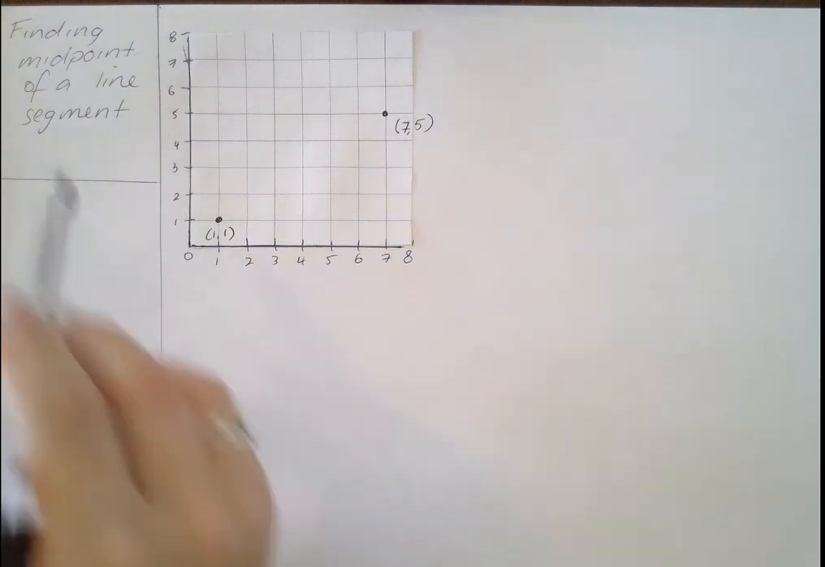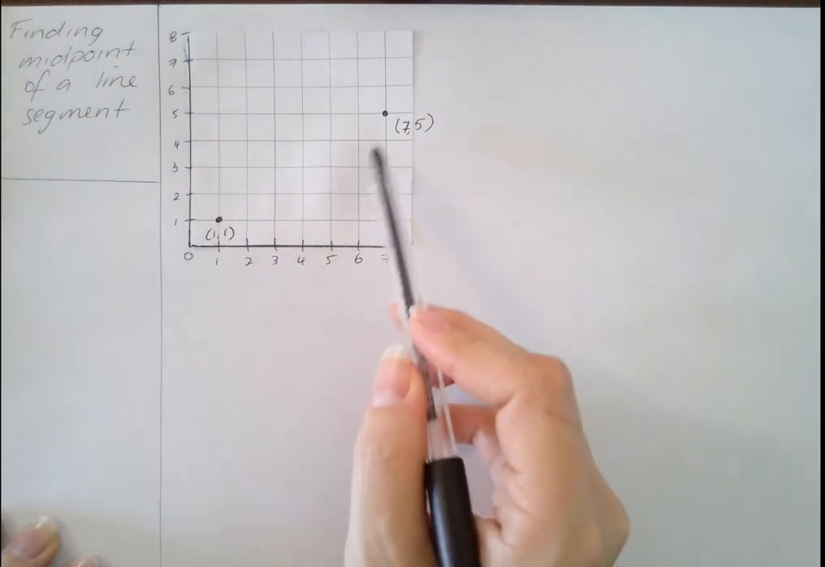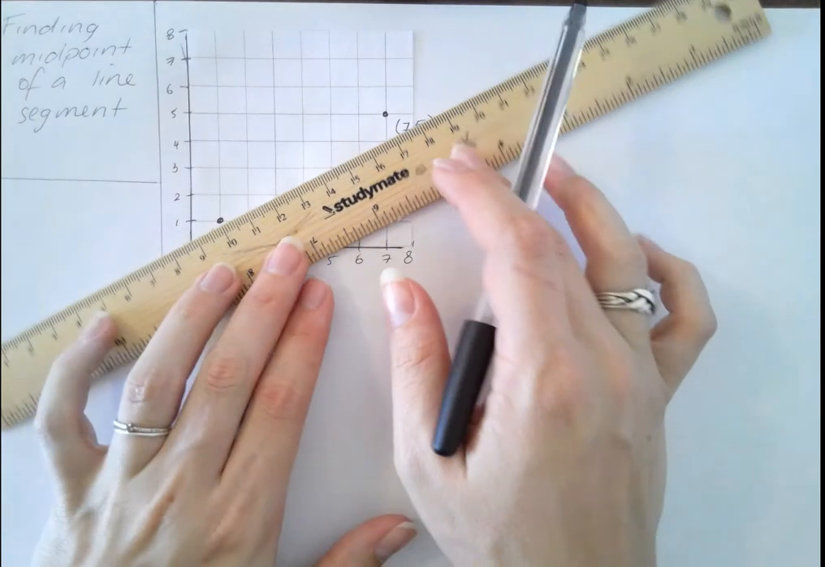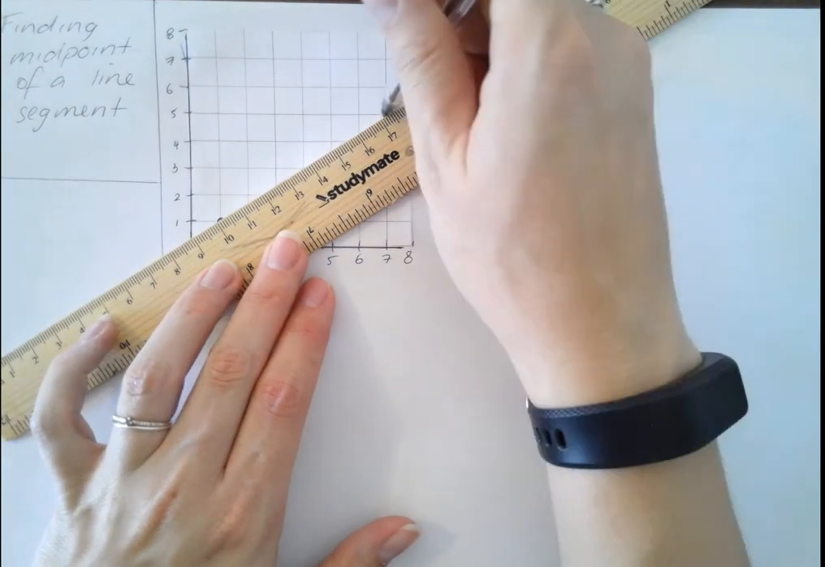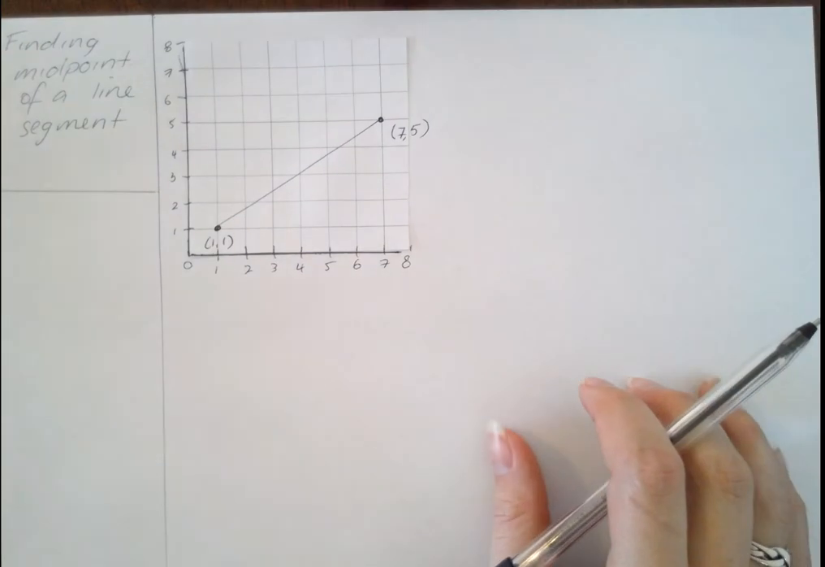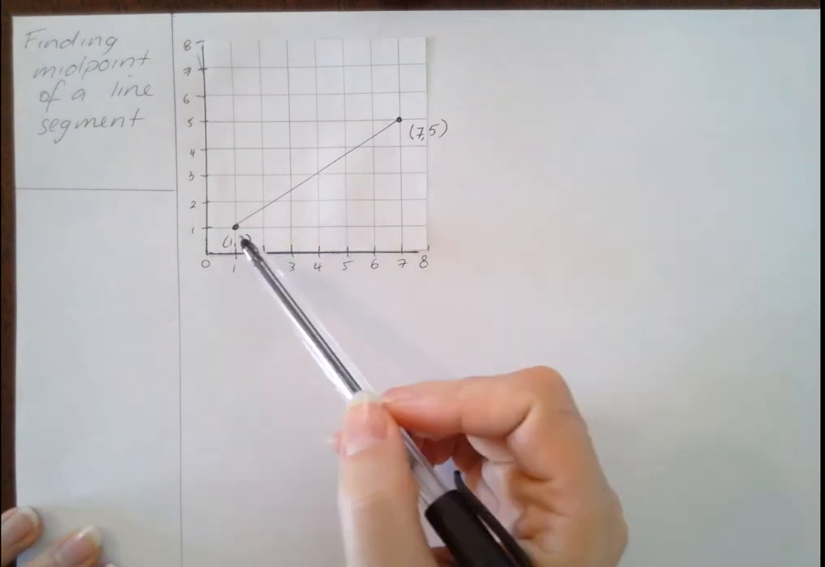In this lesson, we're going to be finding the midpoint of a line segment. Now, I've plotted two coordinates here, (1, 1) and (7, 5), and we're going to draw the line segment that joins them together. Now, in our previous lesson, we found out how to use our distance formula in order to calculate how long that line is. In this lesson, we're going to find out where the midpoint of this line is, so we can find halfway